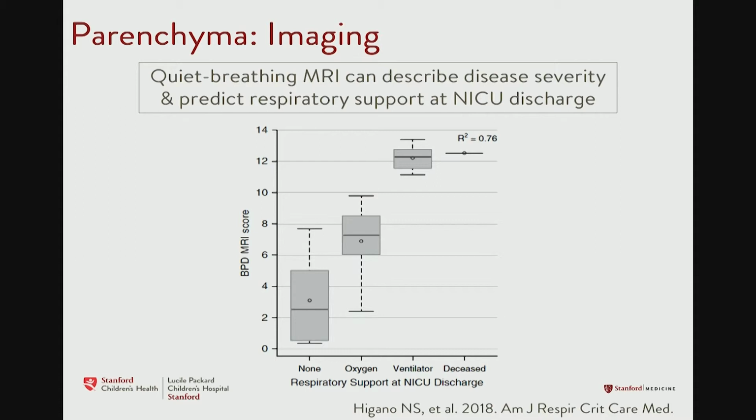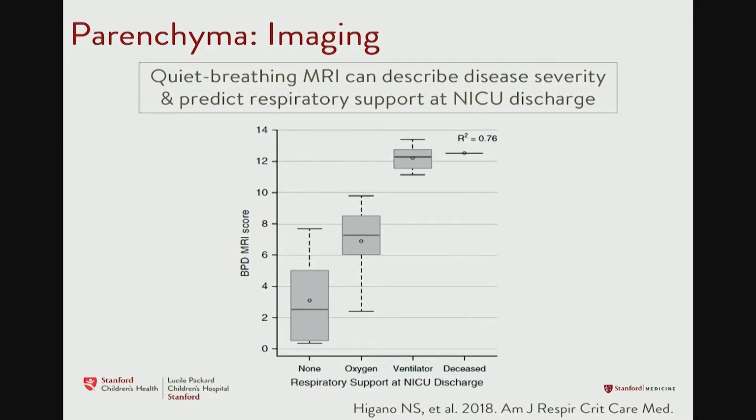And what they found was that quiet breathing MRI can describe disease severity and predict respiratory support at NICU discharge. So here we have BPD MRI score on the y-axis, with more severe parenchymal disease having a higher score. On the x-axis, respiratory support at NICU discharge. We see that infants with a higher score with worse parenchymal disease were more likely to require a ventilator at